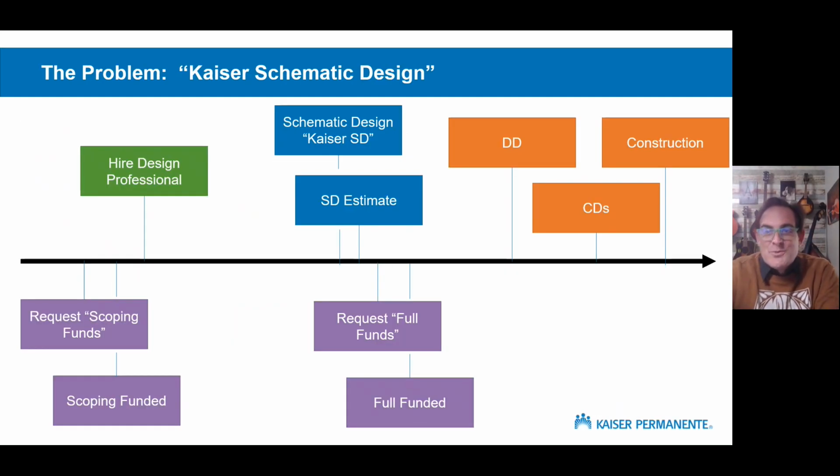Okay, so just to sort of wrap up, once again, Kaiser projects get funded in 2 rounds of funding. We have our scoping funds, and then we have our full funding. So at the end of schematic design, our design needs to be complete to a point that we can do an accurate cost estimate of the full funding costs. And in particular, all the equipment sizing needs to be done, all of the energy efficiency or energy effects need